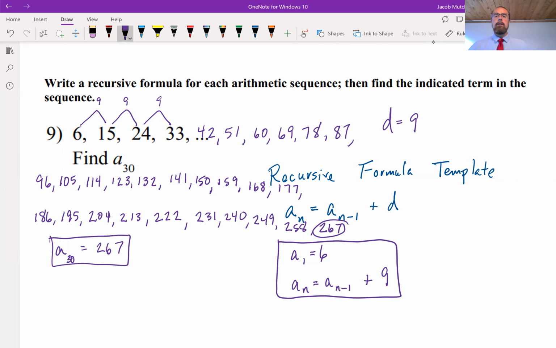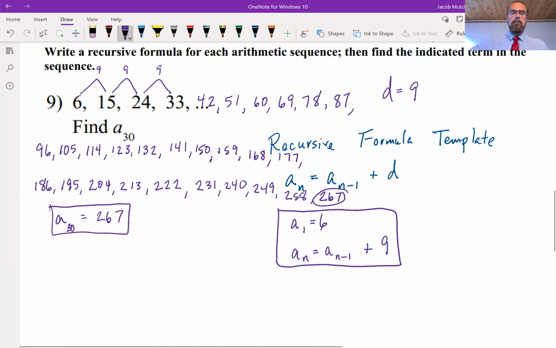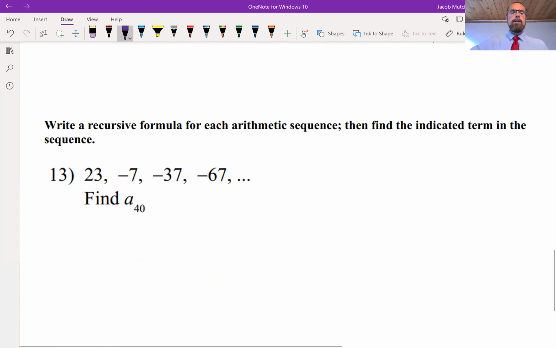So just comparing my explicit and my recursive formulas, really there's an advantage to the explicit in this instance where I'm trying to come up with a number in the sequence just based on where it falls. Well, let's take a look at one last example that would involve a decreasing sequence and writing a recursive formula